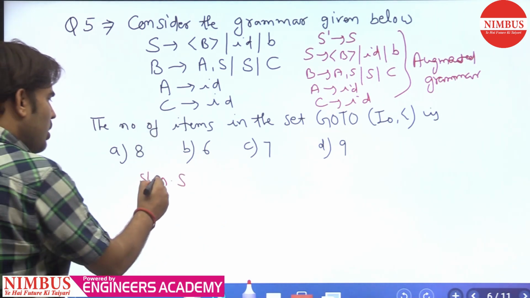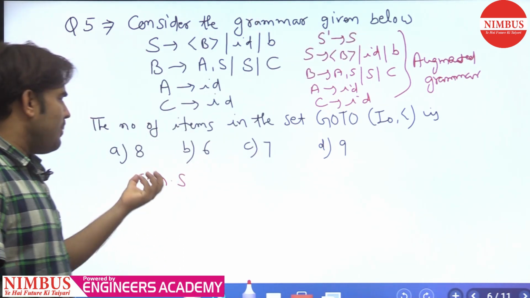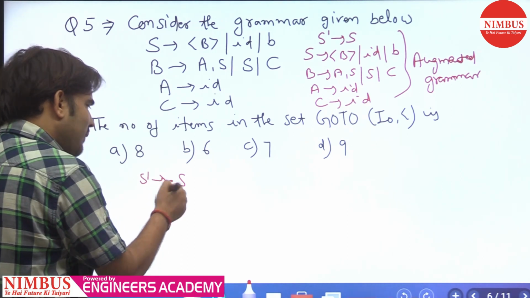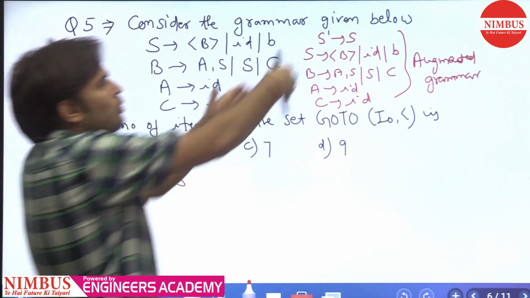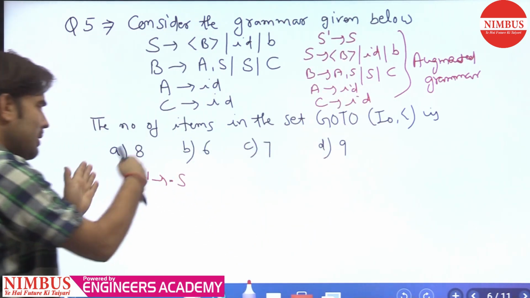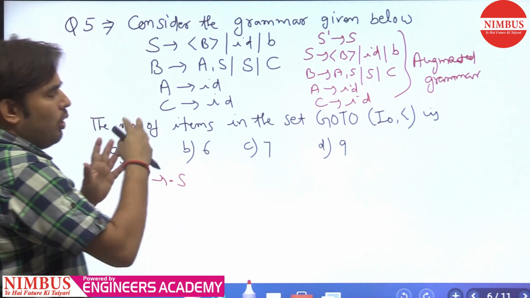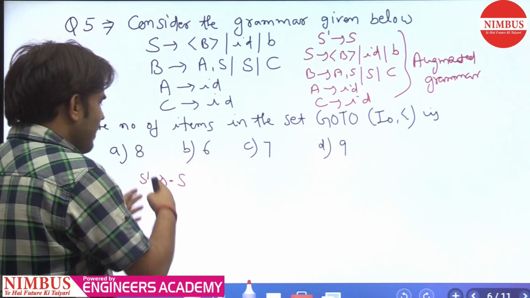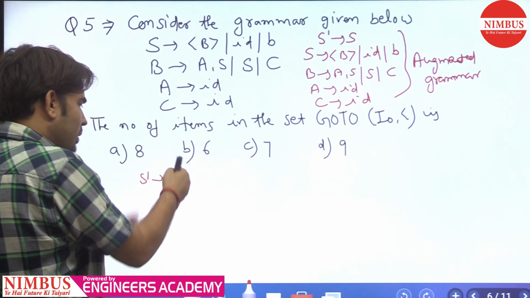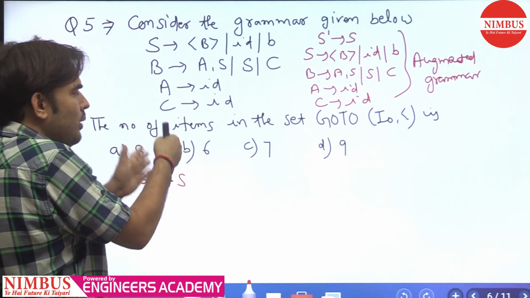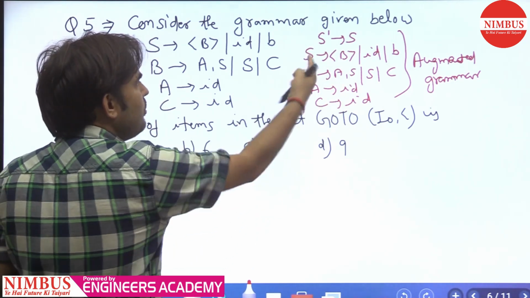Okay, so हम लोग डॉट पुट कर देते हैं सबसे पहले वाले जो हमने जो ऑगमेंटेड ग्रामर के लिए ऐड किया है. सो जब भी हम लोग डॉट पुट कर देते हैं और डॉट किसी भी वेरिएबल के सामने आता है, ठीक है, सो उस वेरिएबल से जितने भी प्रोटेक्शंस होते हैं हमारी ऑगमेंटेड ग्रामर में उठा के हम इस वाले स्टेट में रख देते हैं और सबके सामने डॉट पुट करते रहते हैं. We need to put dot in front of all the productions, and if we are encountering the dot in front of any variable, then we need to take all the productions from the augmented grammar which start from S.